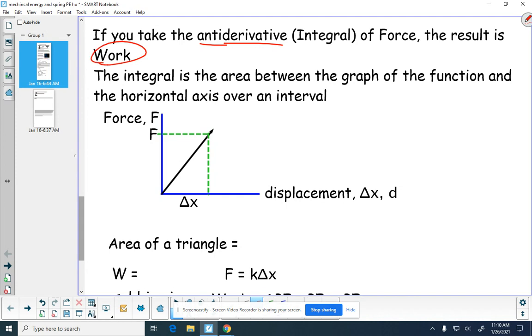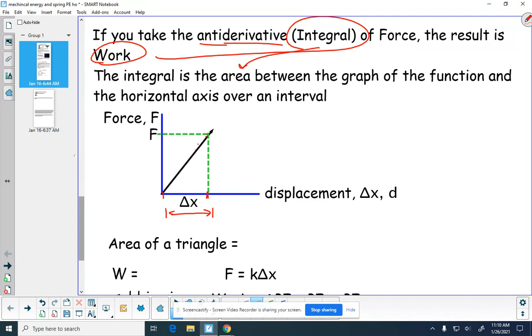So this work is the integral. This integral is the area. Okay, so work is the integral of our function, but that integral is also an area over an interval. Well, if I take a look at an interval here, here's my interval, my delta x. Here's my graph of the function. The integral is the area between the graph of the function